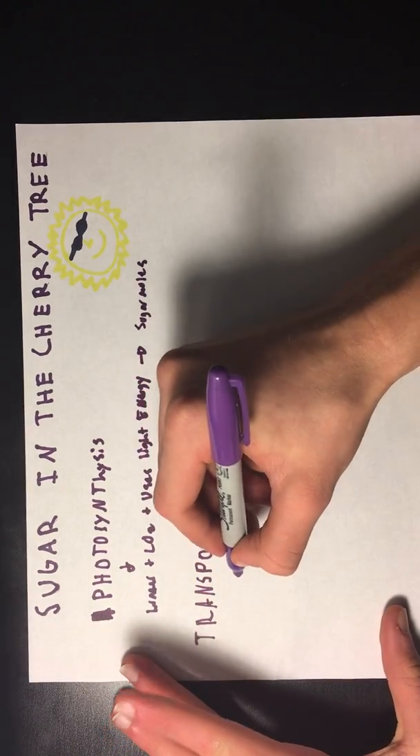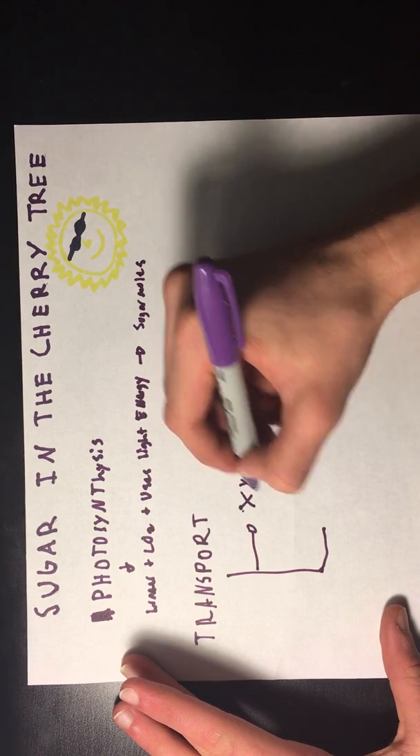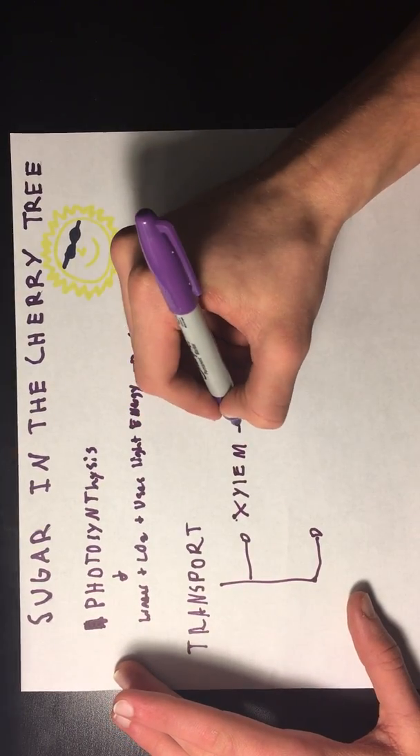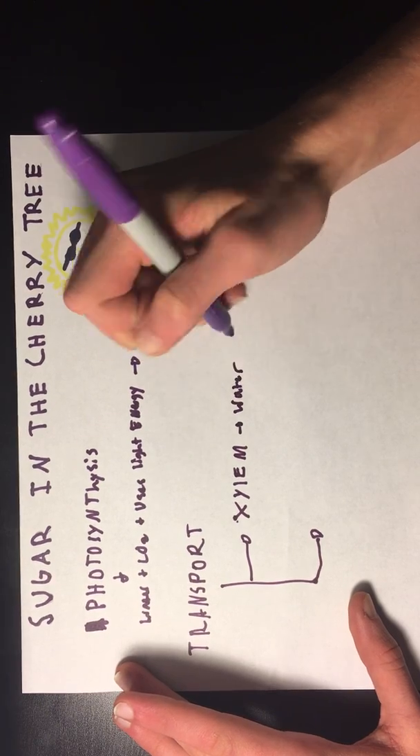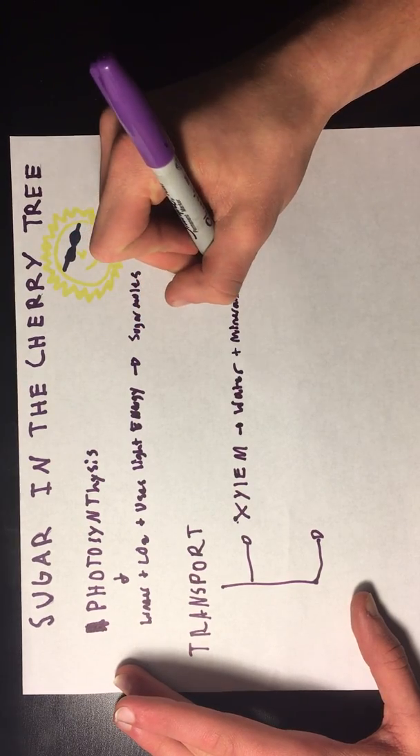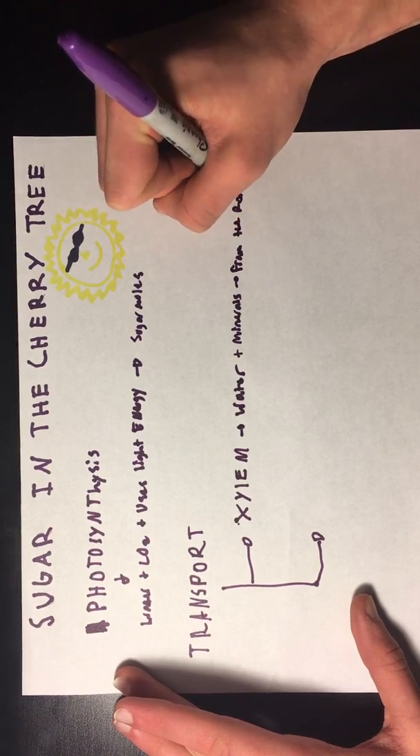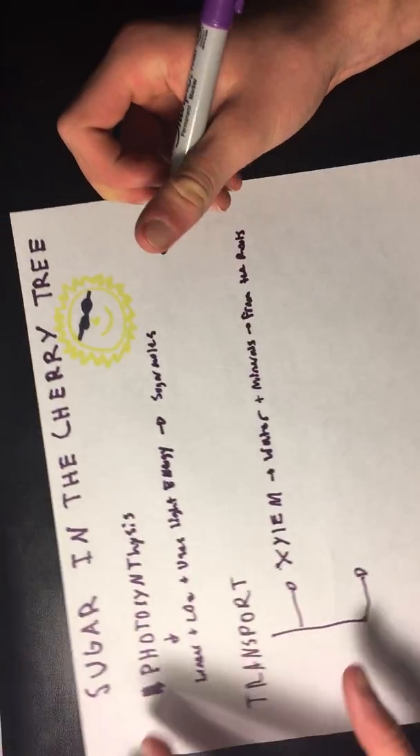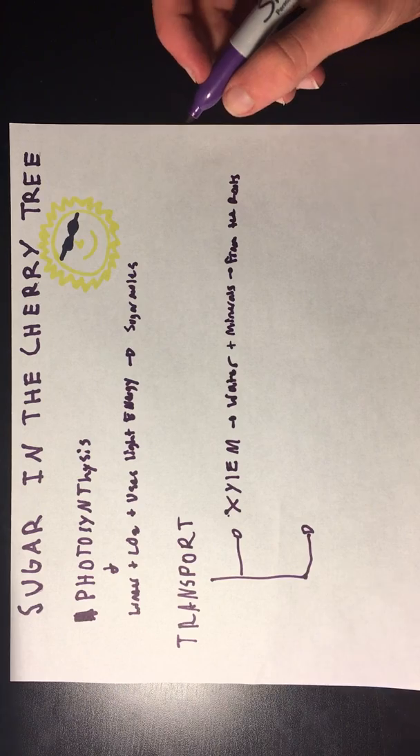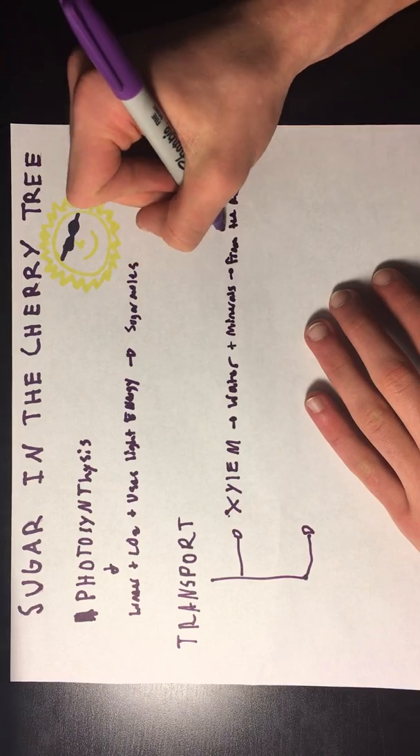One of these is called the xylem. Now the xylem transports water and minerals from the roots of the tree, and it's drawn up through the roots of the tree. So that's where the water first gets into the tree, and it's drawn up from the roots using the